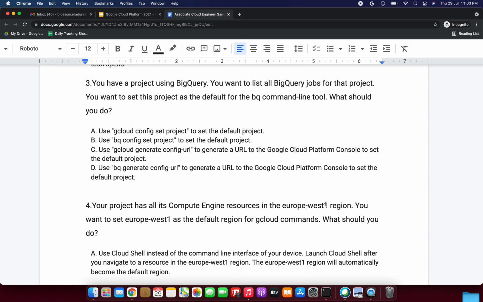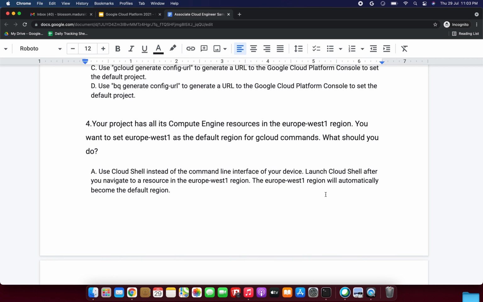Then finally D will not be the answer because entering this command will not achieve the desired result and will generate an error. So the answer would be option A only, because we can use gcloud config set project to set the default project. Fine. So next I'm going with the next question.